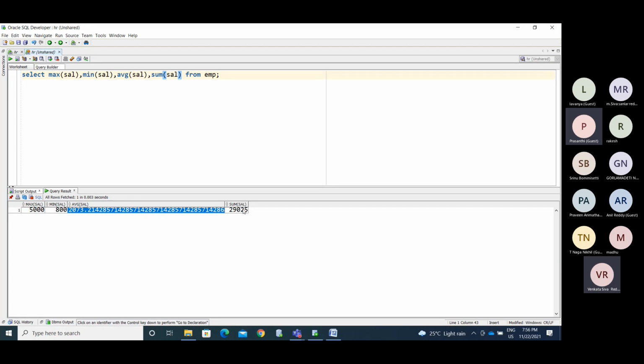See, you are able to catch that. Divided by 14 from dual. See, 2,073 is the average salary. If you observe here, 2,073 is the average salary you are getting. Okay, it is working correctly, right?